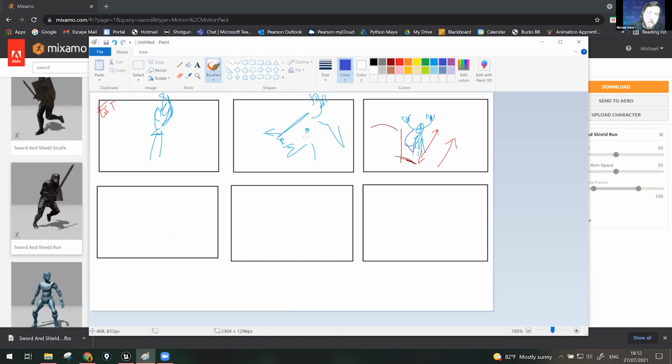Maybe we see the knight start to run. This could be quite a low shot. So maybe, what color did I use for the knight? So again, the knight is going to be quite a low shot, quite low to the ground, kind of looking up at him. Again, I'm doing a super rough one. And then I think the last shot, so yeah, probably about 5 shots, will be